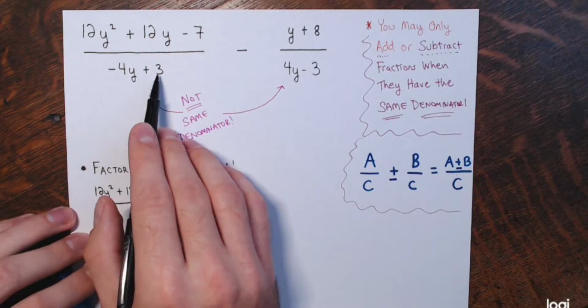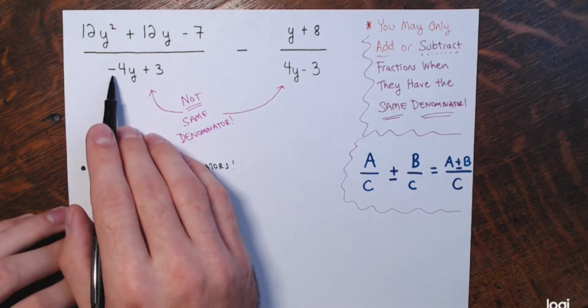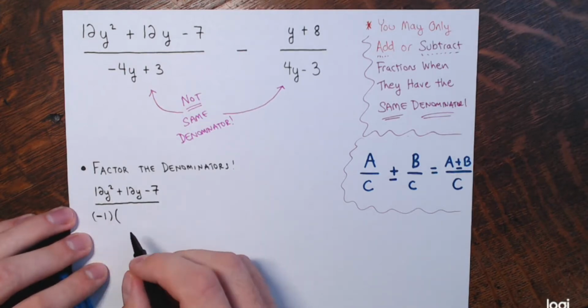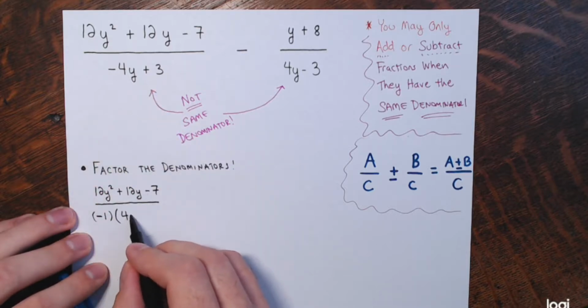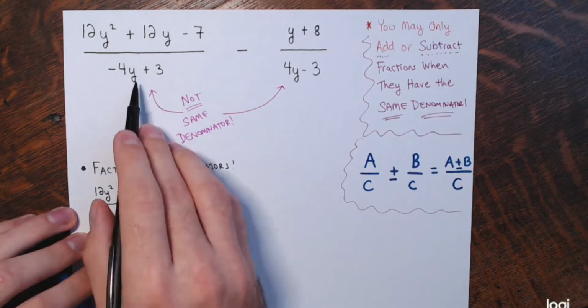Well, the greatest common factor of these two terms would be 1, and because the lead coefficient is negative, I'm going to pull out negative 1. And if I factor negative 1 out of that, what I'll be left with is 4y minus 3. All right, so there's that denominator factored,